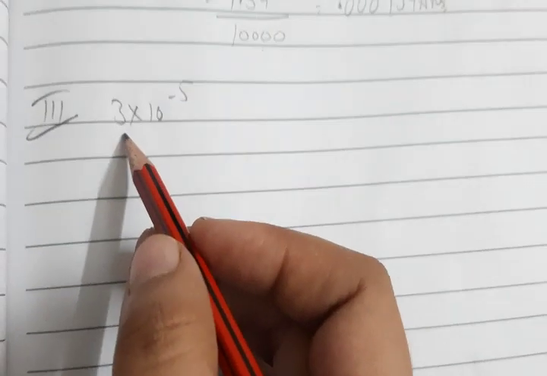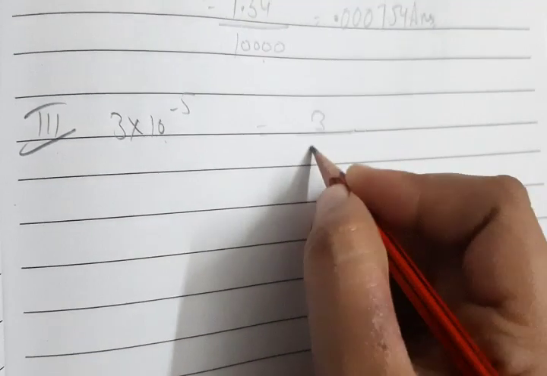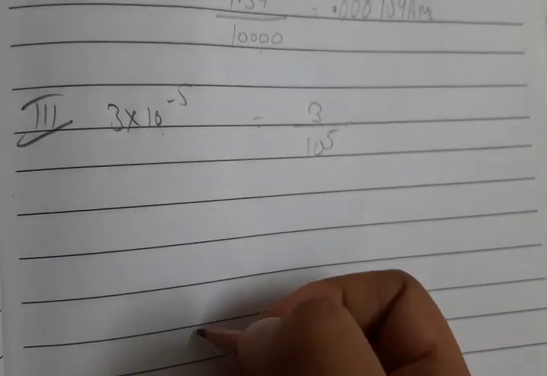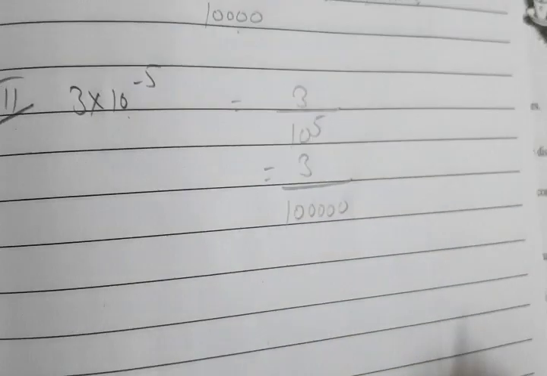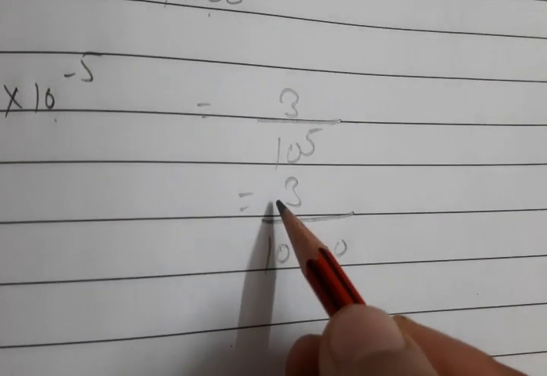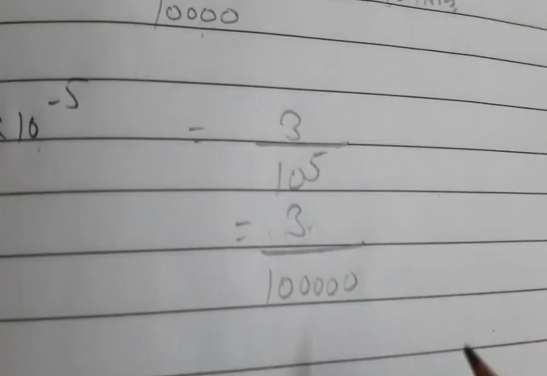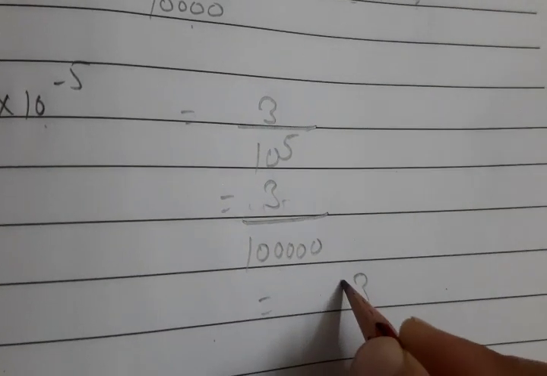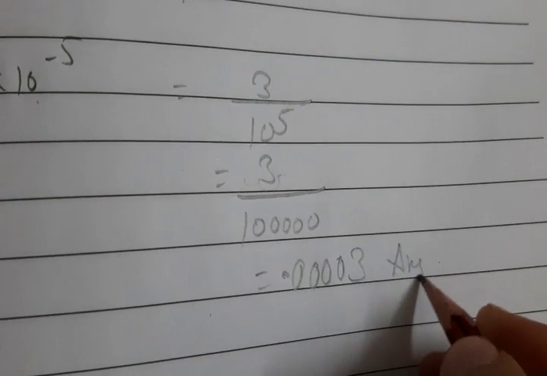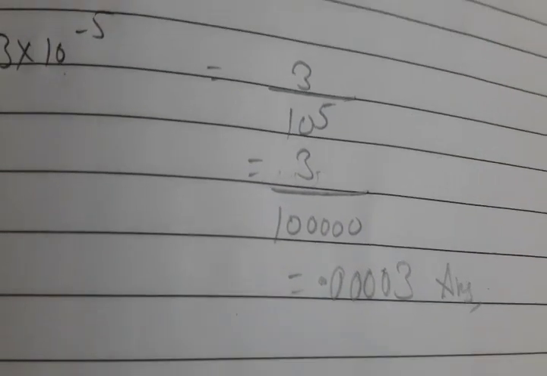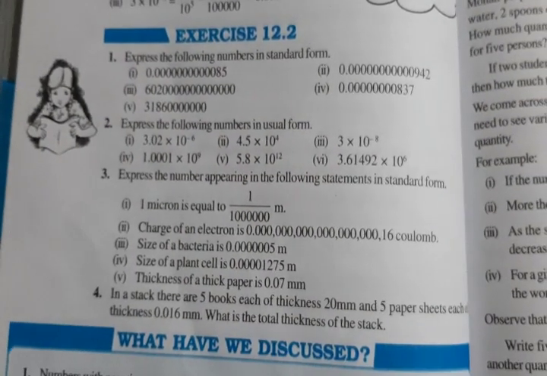Understand? Now the next one is this. Firstly, we will make this positive. 3 by 10 raised to power 5. Now what we will do, open it. 3 by 5 times it will come. Now in division, the decimal is moved to the left side. Take the decimal here. That is 1 2 3 4 5 times. That is 1 2 3 4 and 5 times. That is the answer. Understand? Now this exercise is complete. Now you have to solve this exercise on your fair copy with the help of the examples.